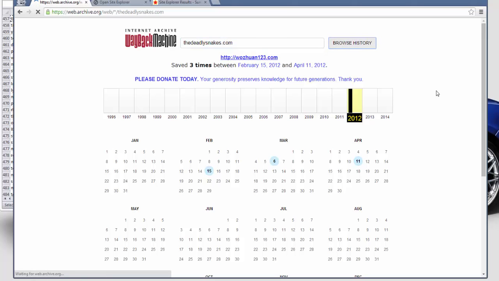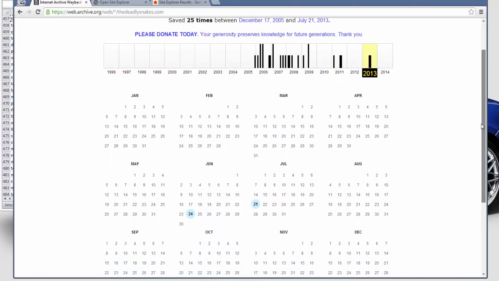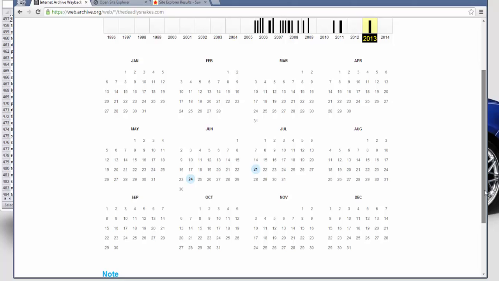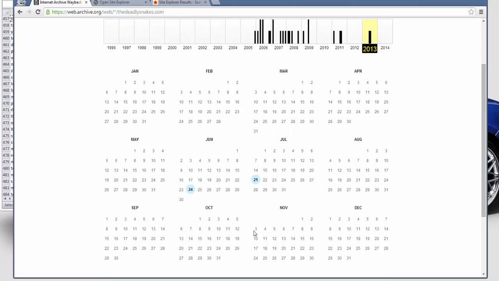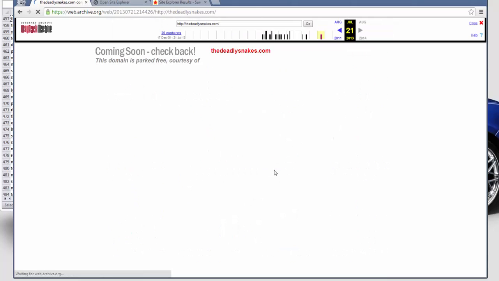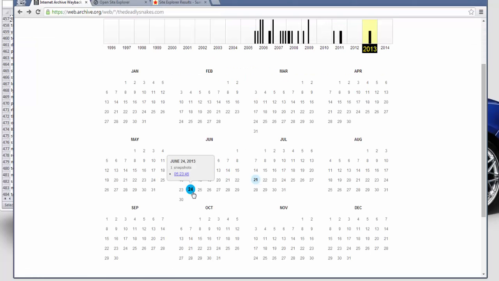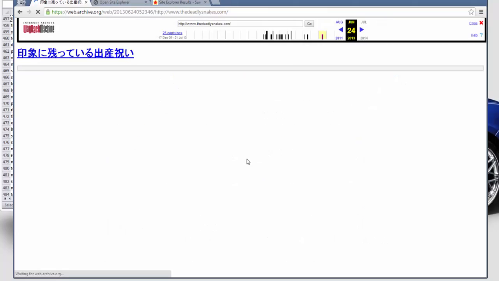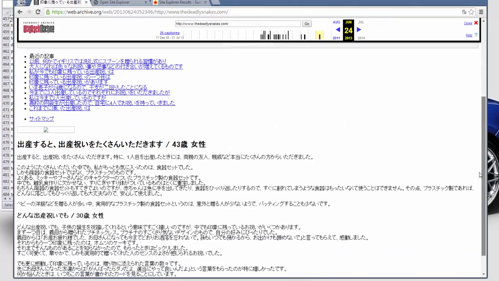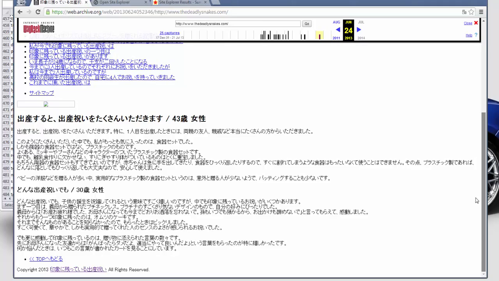So click Browse History, and you can see this website has a history. This goes back to 2006. You want to start with the newest snapshots and then go backwards. So start with this one. Click this. So this is obviously just a parked page. Nothing wrong with that. Just click this one. Okay, and so you can tell right off the bat, we click the second snapshot, and you can see